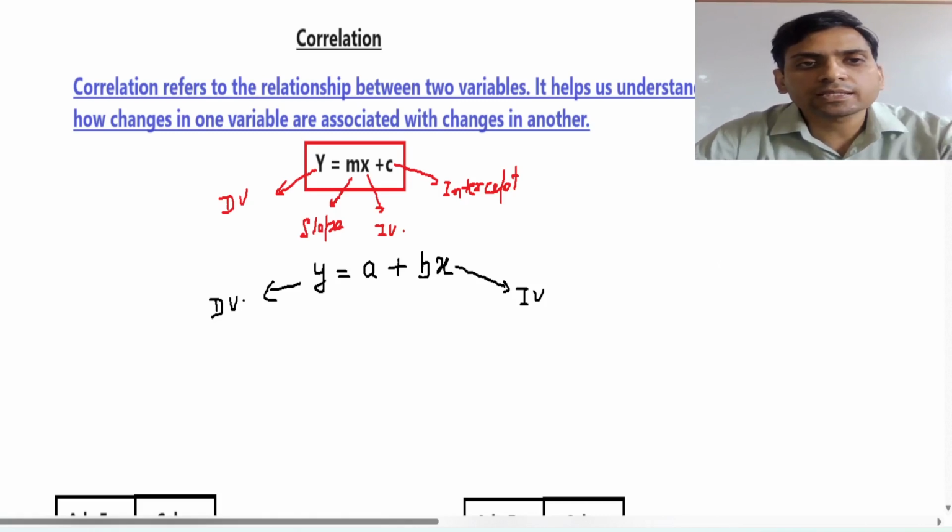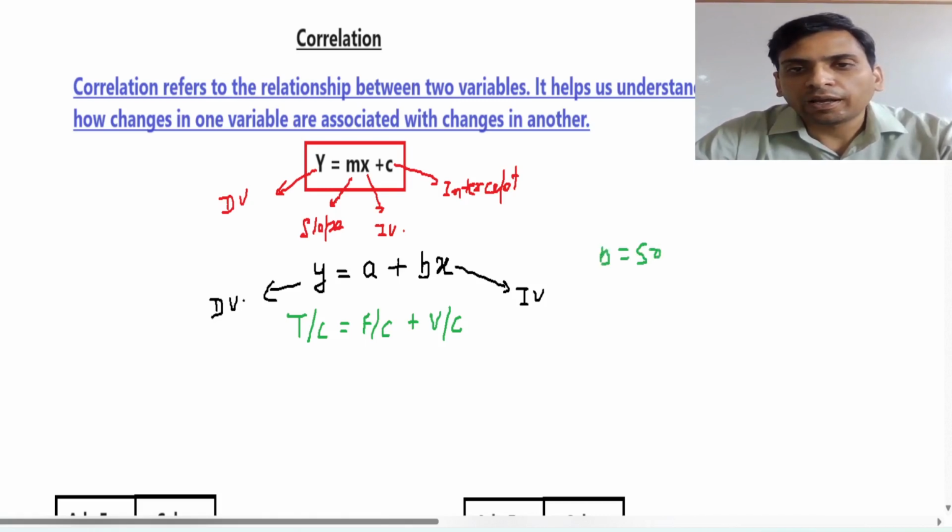Now we will see this correlation with one example of total cost. Total cost is a combination of two things. First is fixed cost and second is variable cost. Fixed cost is like machinery, land and other things which are not changing. In the variable cost bx, b is considered as raw material per unit, and x is the production quantity. Suppose b is 50 and a is 100, and the quantity of production is 1 unit,